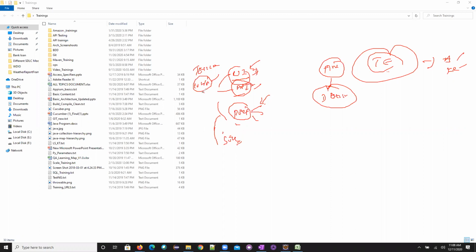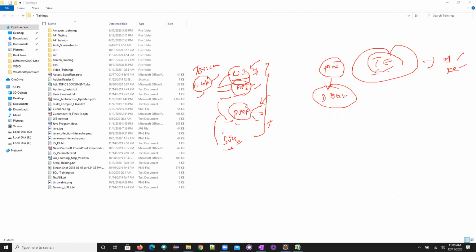If you see here, for a simple login functionality you can write more than 100 test cases. You need to write those test cases and then be able to classify them: these are UI level test cases, these are API level test cases, these are performance level test cases, and these are security level test cases. This is what people expect from test case enumeration. They want to understand, if I give you a functionality, in how many directions you can think and write test cases.